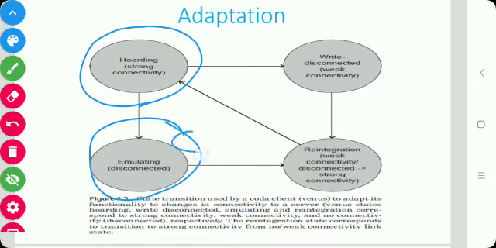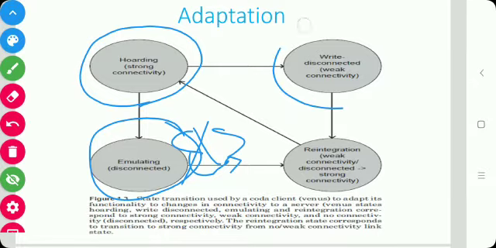Here the client and server are disconnected; there is no connection between client and server. Because of that, the client emulates the functionality of the server, and it allows both read and write access to the local files.